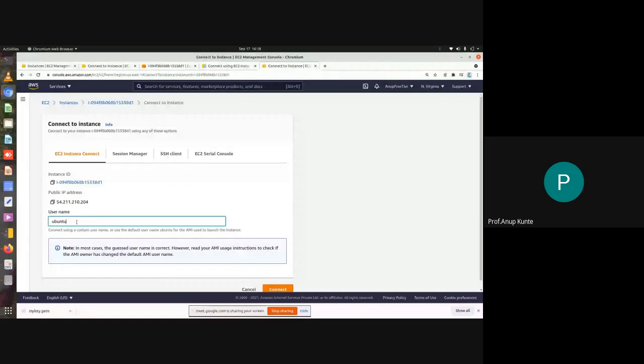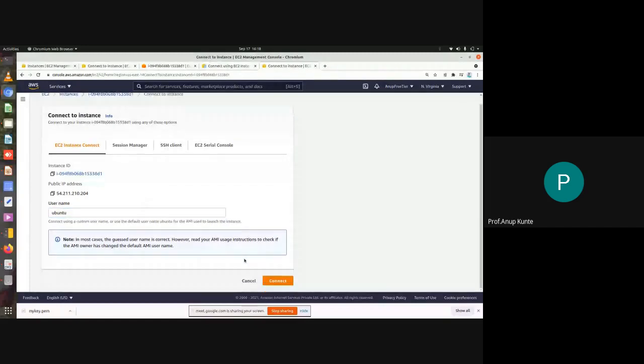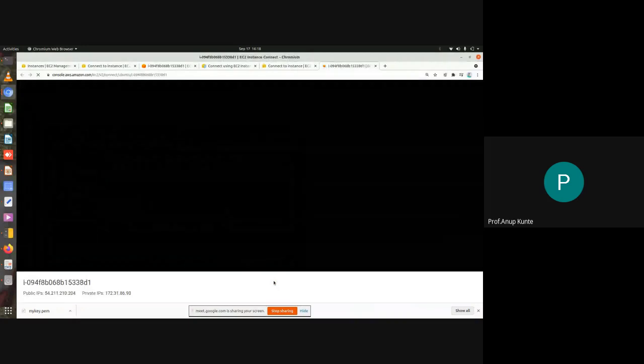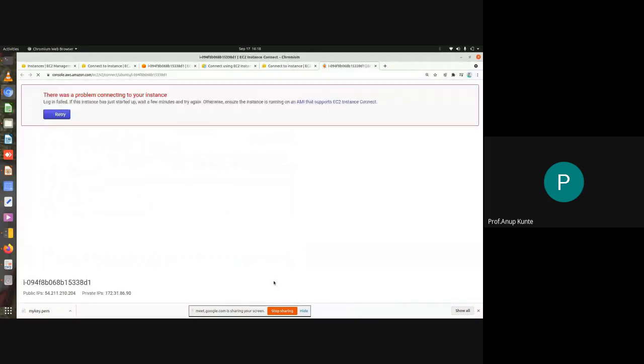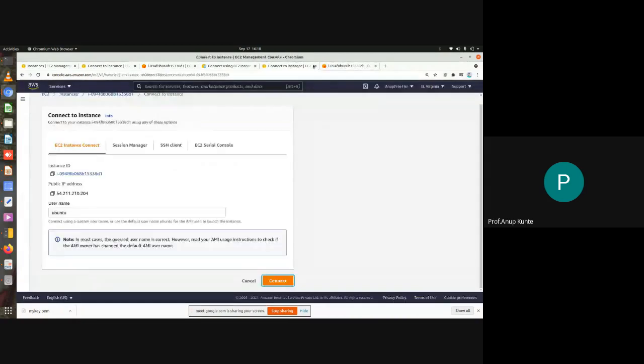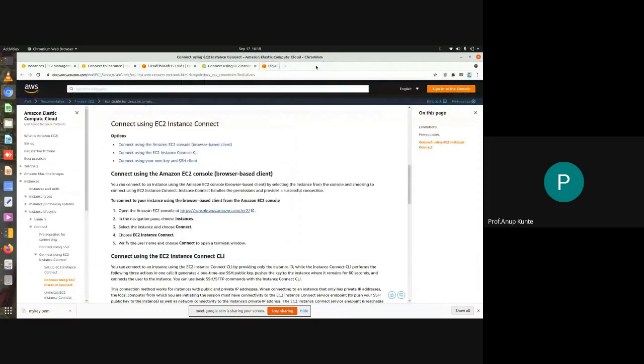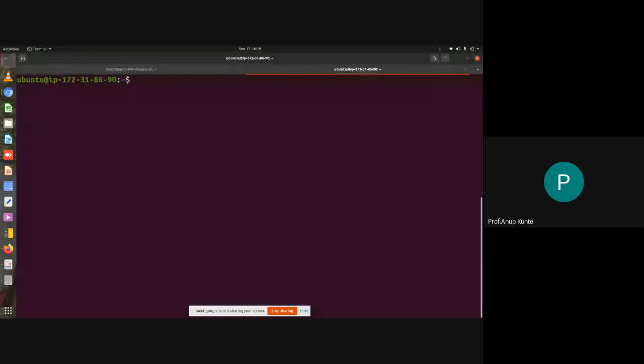That was the default username that we had given to the instance, and click on connect. We are doing exactly the same steps that the documentation says. Something wrong. Let it be. We have this access.